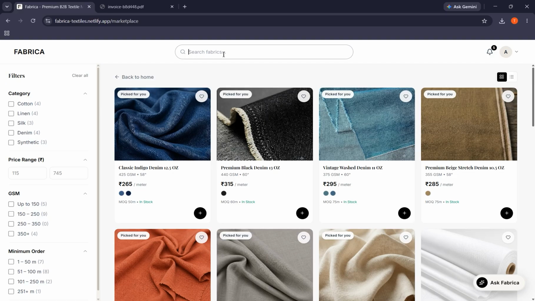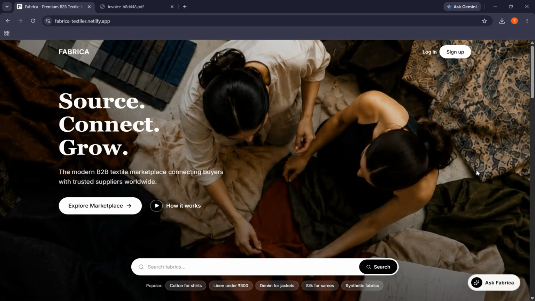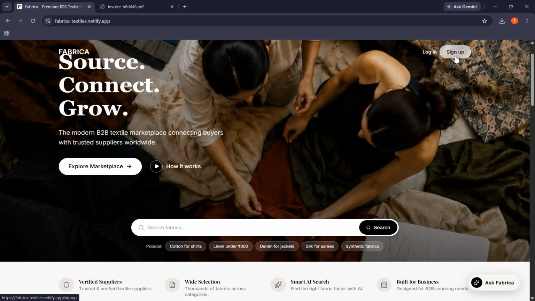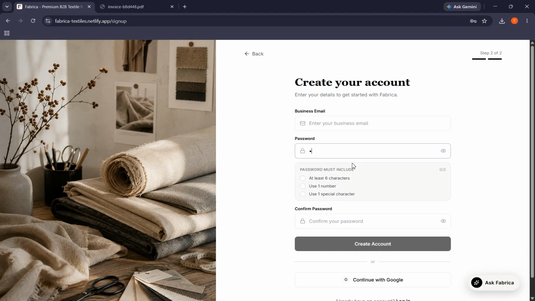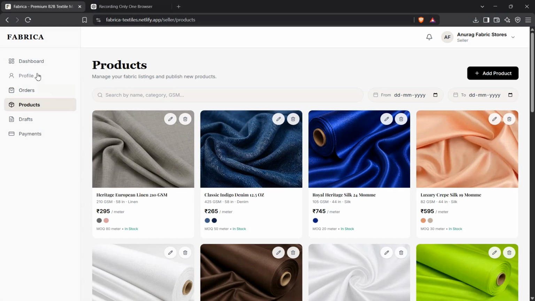Also, I would like to show you some very small UI implementations which are pretty often ignored, but I feel these small things are very important. Like in this sign up section, for the password, I have this beautiful validation part. When the user enters the password, the validations are completed one by one as per the right password. Another thing is, in the address section,